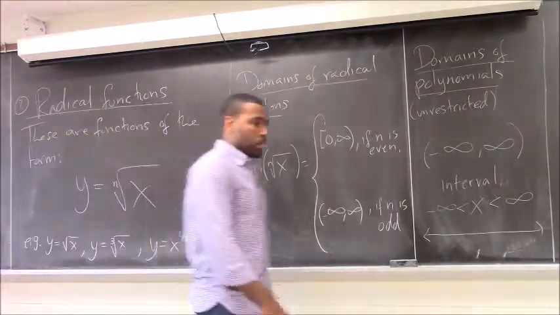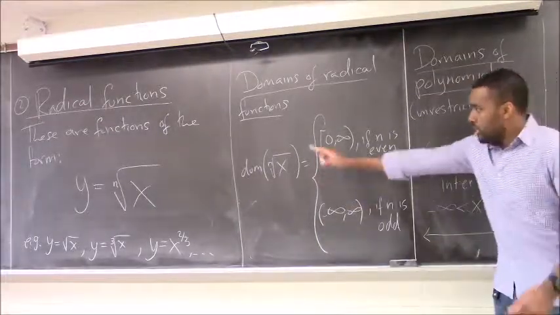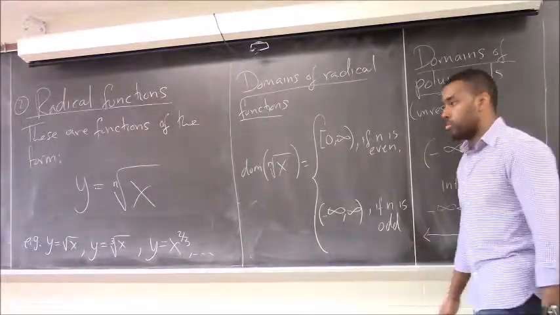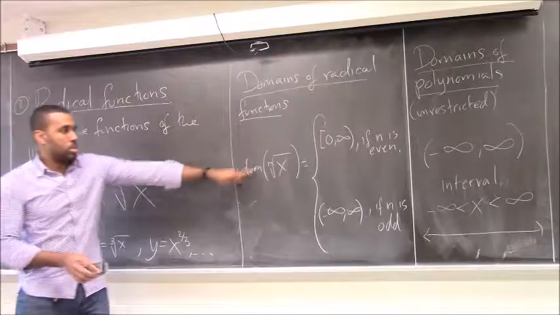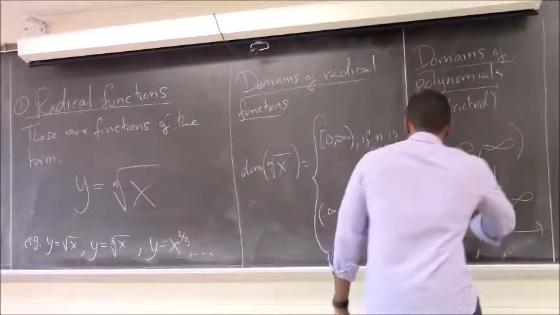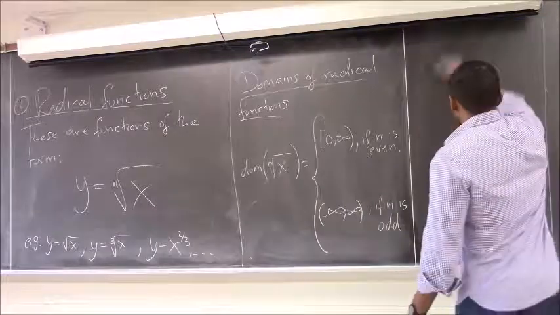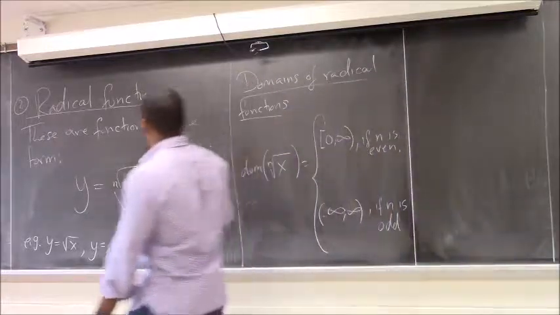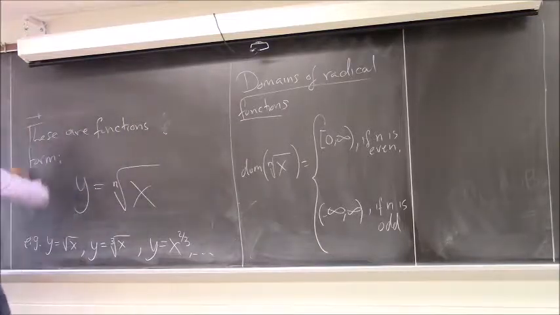There are things called complex numbers where this works, but this is not in the scope of this class, so we're not going to worry about this. As far as we're concerned, for an even radical to work, the number underneath must be positive or 0. It can be 0, the square root of 0 is 0, but if the root is even, the number has to be at least that. If it's odd, it doesn't matter, it works everywhere. That's another very important kind of function, and its domain. You guys got this, right? Another important kind of function